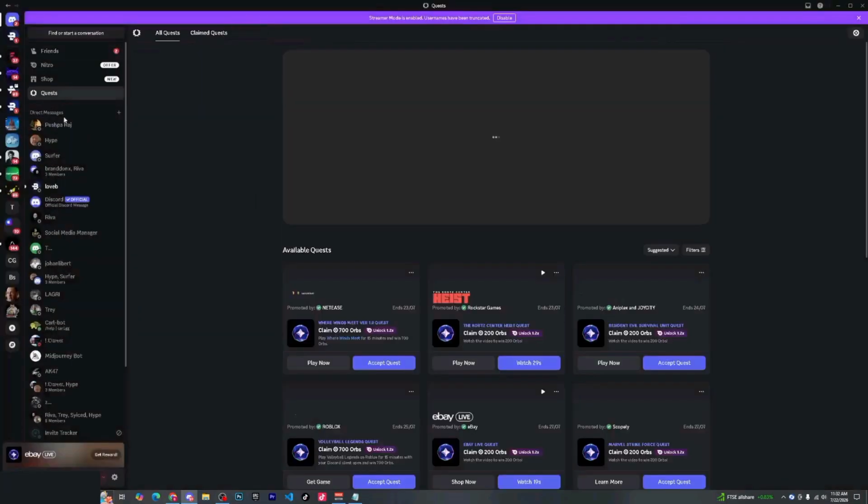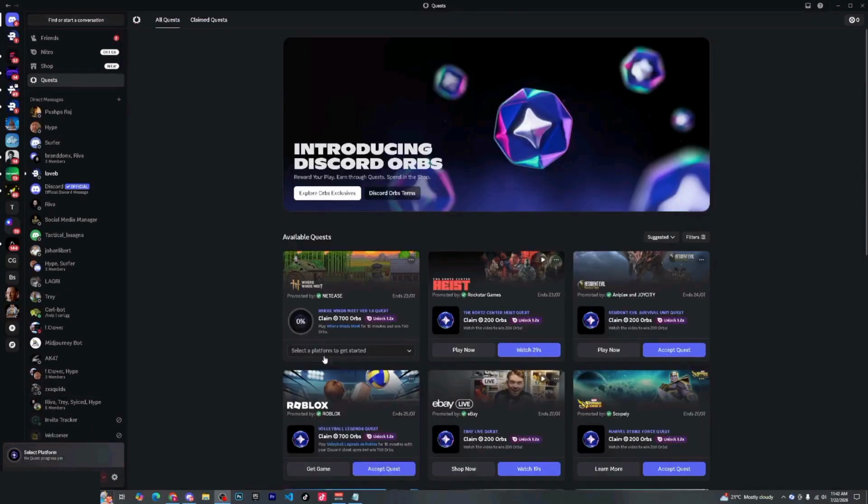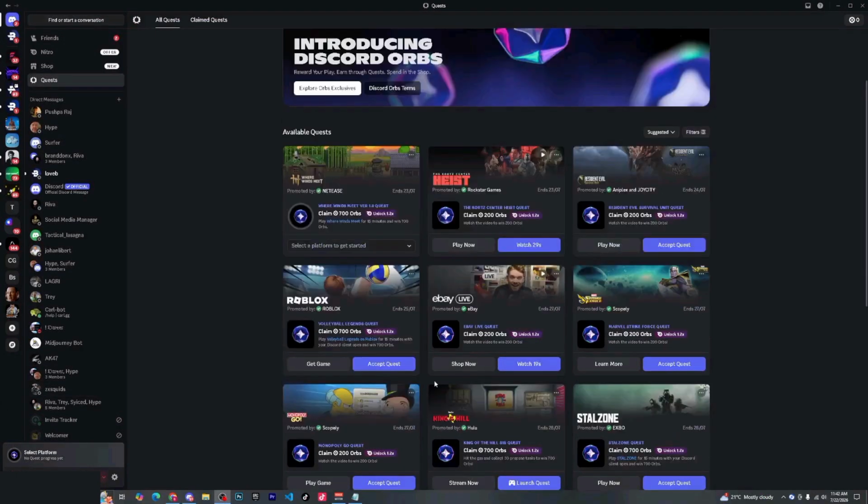Choose the quest you want to complete and click Accept Quest. Once accepted, your progress should start at 0%. Keep in mind that some quests, such as promotions for services like eBay or free games like Roblox, may not require any special steps. However, if you're trying to complete a quest that normally requires launching a game, continue with